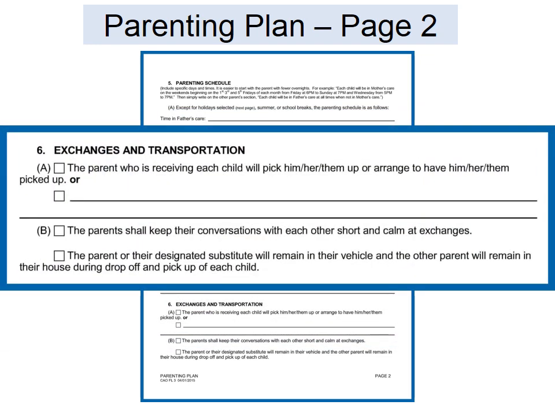Paragraph 6 on page 2 of your parenting plan offers options to clarify who will be providing transportation to and from custody exchanges. The typical standard in Idaho is the parent who is receiving the child for visitation will pick them up. If you desire an alternate arrangement, simply describe it here. You also have available a couple of options to help address high conflict situations during exchanges. Please use these if they are applicable to your case.